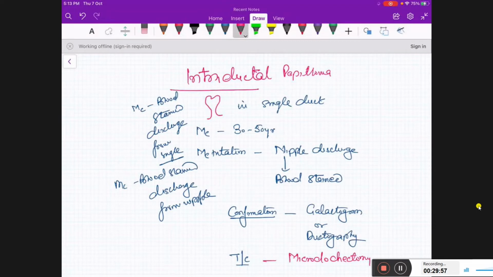So long blood stain discharge. Okay. And it's the most common cause of not only blood stain discharge from a single duct, it's the most common cause of blood stain discharge from the nipple also. Confirmation of diagnosis here also is going to be by a galactogram. And an important point to note in this condition, this is a very important point, intraductal papilloma is a proliferative condition, but it has